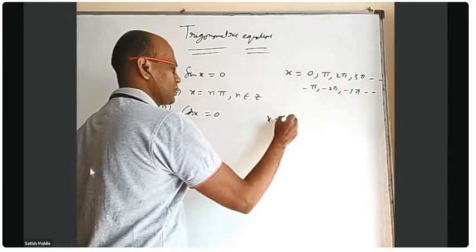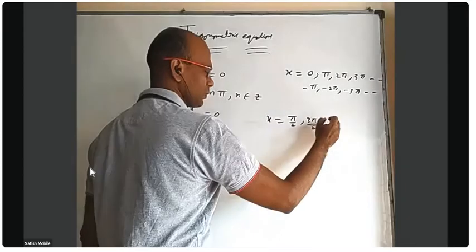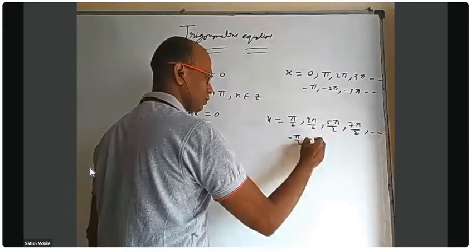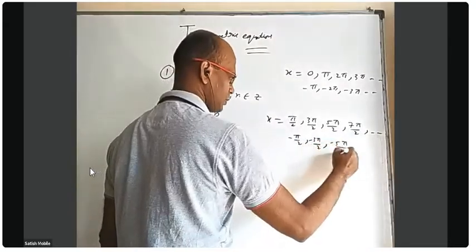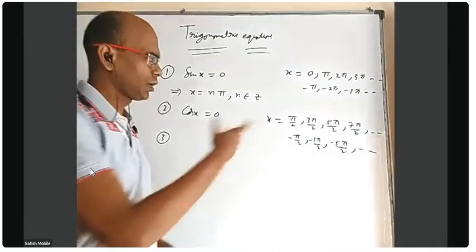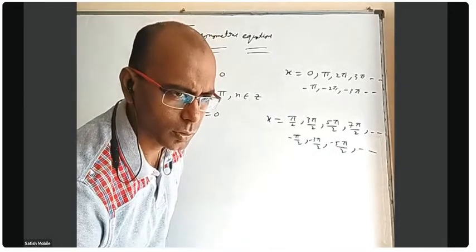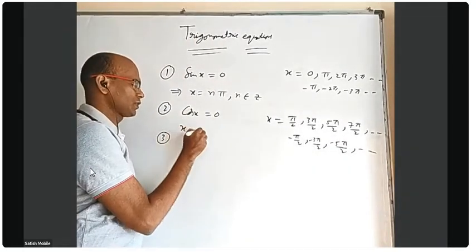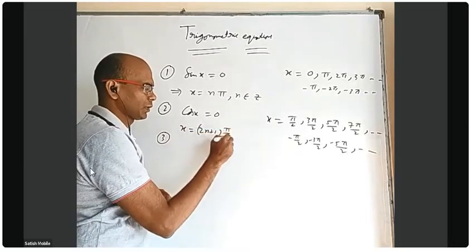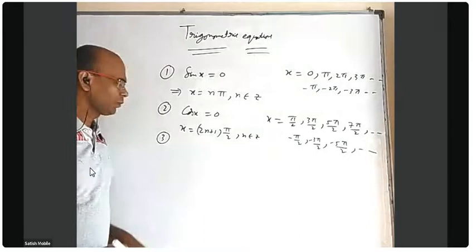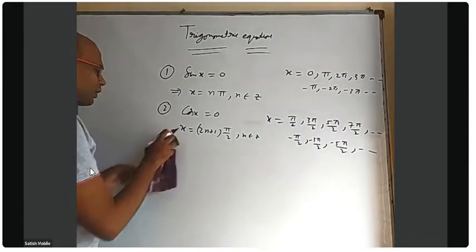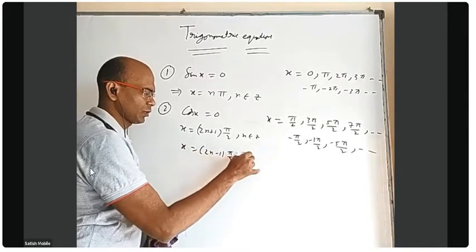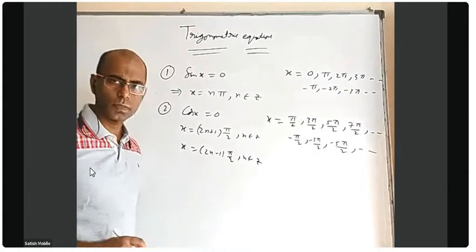Cos x equal to 0, yes, we have pi by 2, 3 pi by 2, 5 pi by 2, 7 pi by 2, and so on, minus pi by 2, minus 3 pi by 2, minus 5 pi by 2, and so on. Basically, that is an odd number into pi by 2. It may be a positive odd number or a negative one. So how to cover all of them? You can write x is equal to (2n plus 1) into pi by 2, where n belongs to Z. But nothing wrong if somebody wants to write 2n minus 1 also, or 2n plus 5 also. Will (2n minus 1) into pi by 2, n belongs to Z, also cover all the odd numbers here?